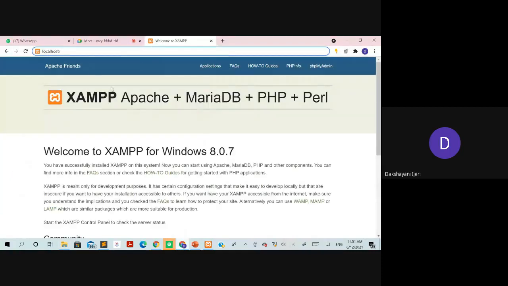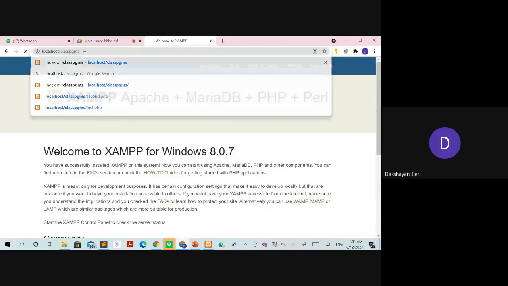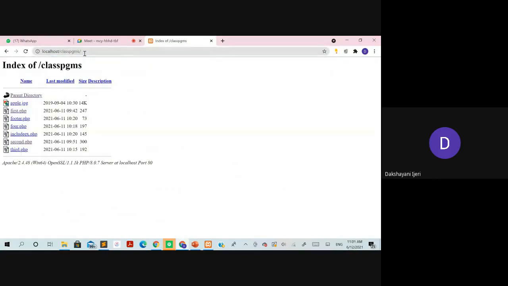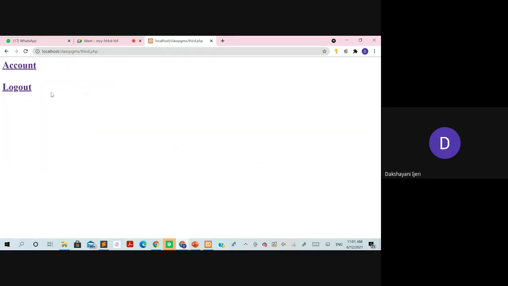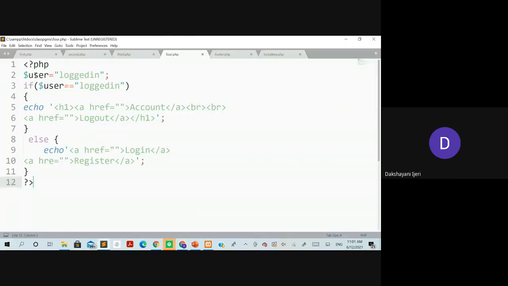So I hope everyone is familiar with the execution of PHP programs now. Okay, so in this, we are first interested in checking out the output of this third program here. Based upon the true condition, why? Because we have already set the value of this variable as logged in, so it is always going to execute only the if condition over here. Just to demonstrate, depending upon the logic, you can vary it.